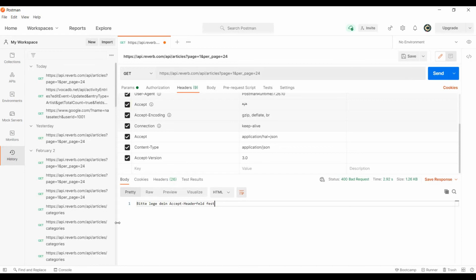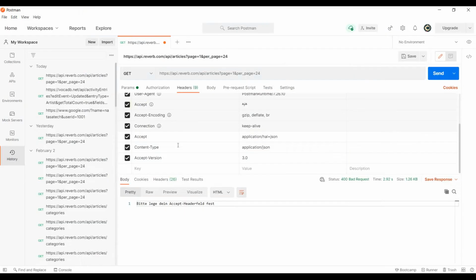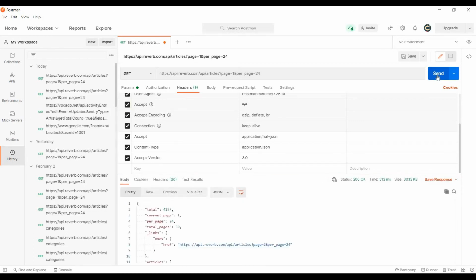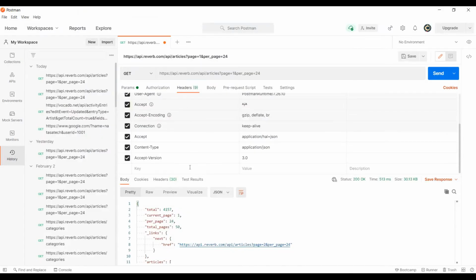Now I'm going to hit this URL, because for hitting this request URL we need to set three header parameters, and we have set them successfully. I just hit this button. Now we can see the response body, we get it. See, this is the response body. So this is the way we manually set multiple parameters inside the header parts.